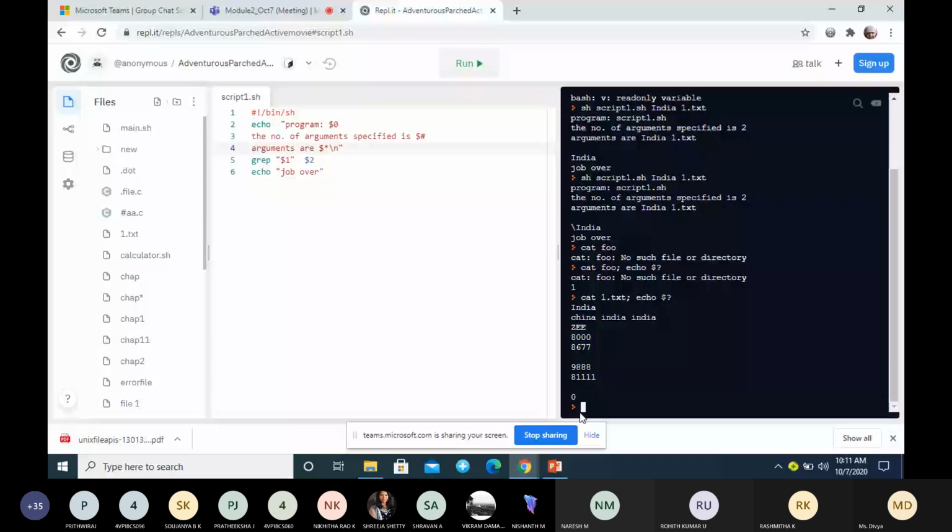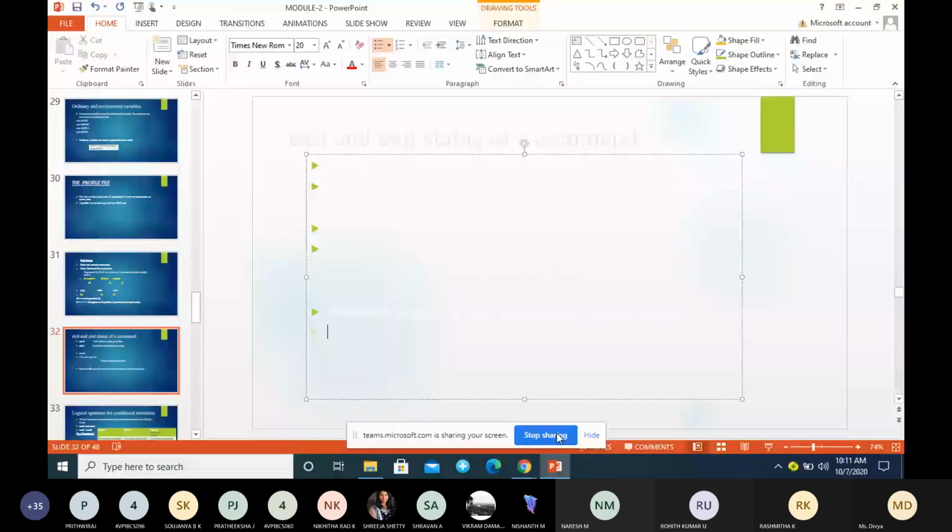It is displaying 0. So 0 means everything went fine. This is about exit and exit status of a command. Clear? Any doubt in exit and exit status? Understood.